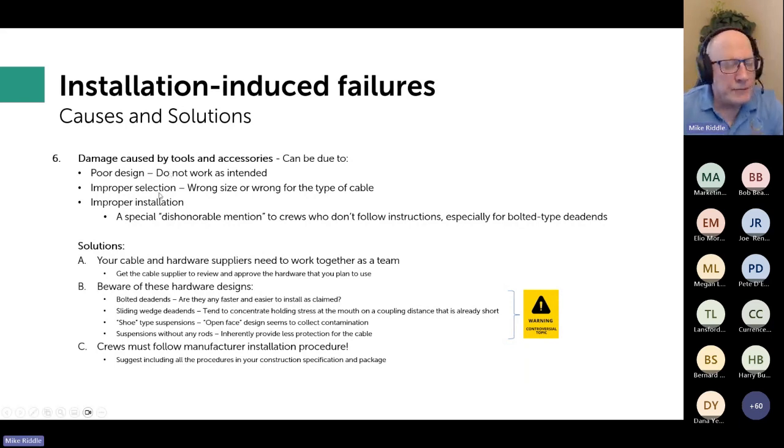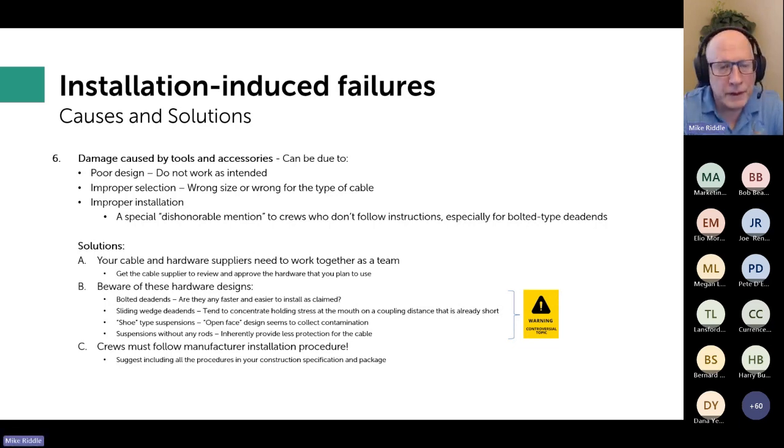The biggest offender that I've seen in that is bolted type dead ends, because in bolted type dead ends, what you're supposed to do is you tighten the bolts a little bit, and you're supposed to use a pattern when you do it, a crisscross pattern when you install these dead ends. So you tighten them a little bit, then you're supposed to go through and make another pass of tightening them, again in the crisscross pattern. And then you're supposed to do the final tightening and shear off the shear head bolts that are used on the third pass. So you're really supposed to do it 3 times using a crisscross pattern.